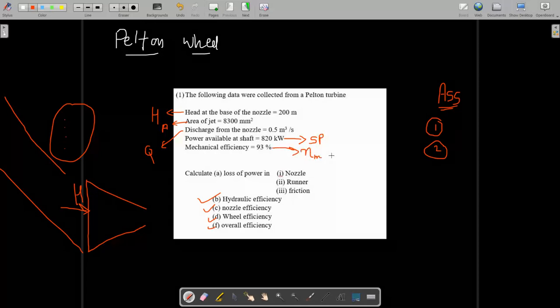First of all, I will draw a schematic diagram from all these efficiencies and power. Whenever you write the answer in mains, UPSC ESE mains, whether forest service or civil service mains, you have to follow this approach, so that you will not lose your marks.